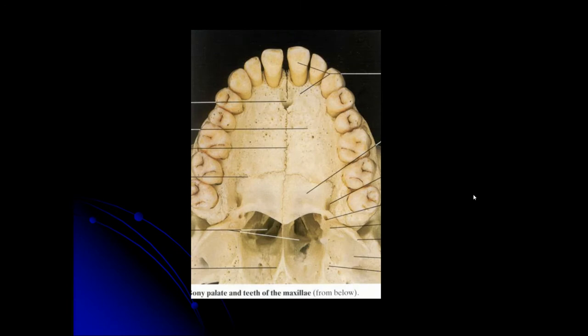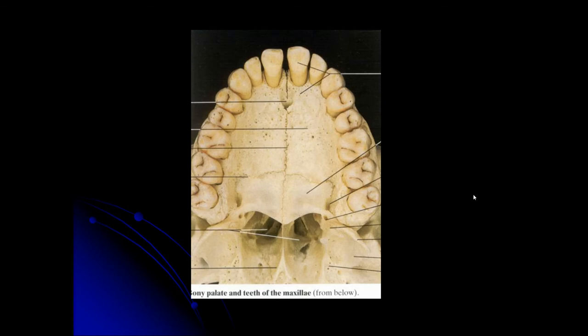If you look in the roof of your mouth, what you can see is the mouth. If you put your tongue up in the roof of it, the first part of that roof of your mouth is hard. It's called the hard palate or bony palate. Well, if you look here, you can see sutures. So the front part of this, the anterior 2/3, is made up of this maxilla bone, but the posterior 1/3